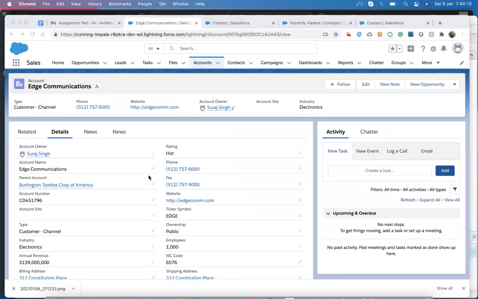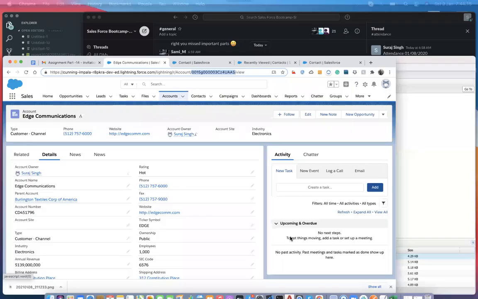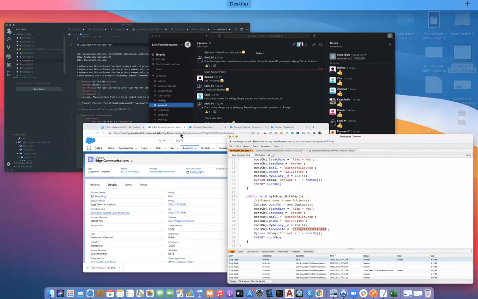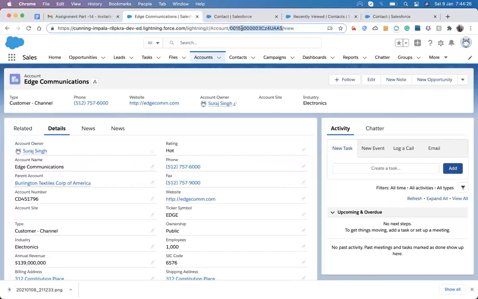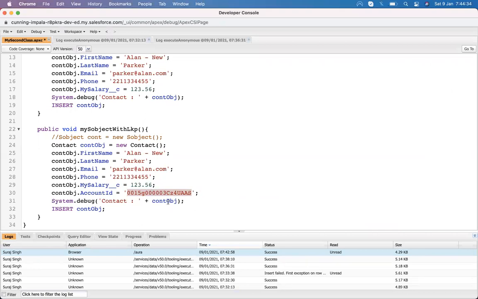In order to maintain the relationship, I need the ID of the record I want to relate to this contact record. So I copy the ID of the record, come up here, paste that ID and do the same thing.